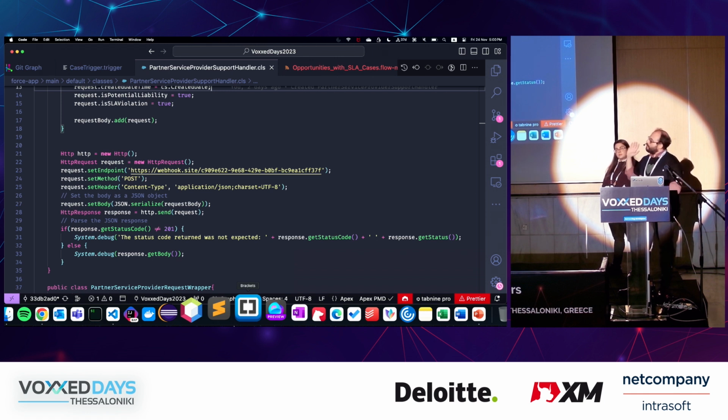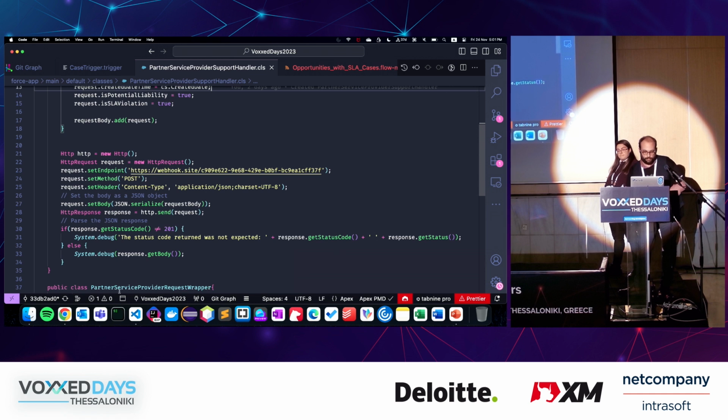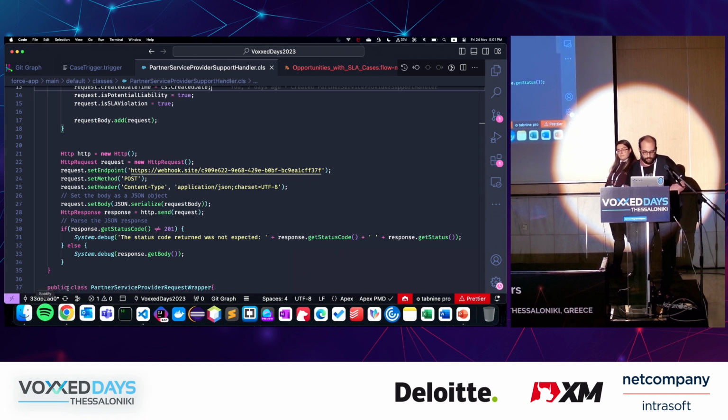So the platform forbids you from performing a callout operation in a synchronous context when you are manipulating a record. And this makes sense because you have an end user waiting there for their action to be completed. So what the platform suggests is that if you want to perform a callout at a phase like this, you have to use a different approach. And the different approach